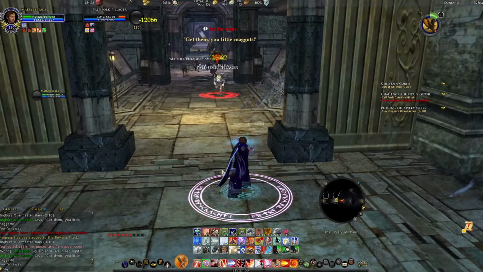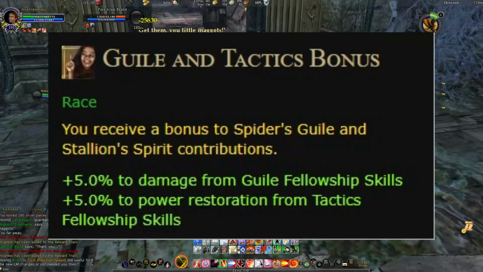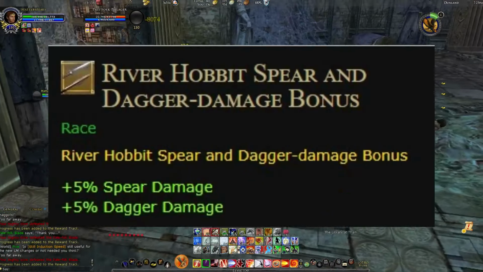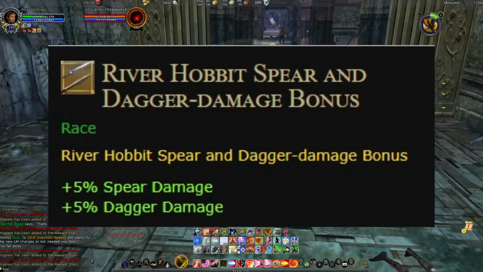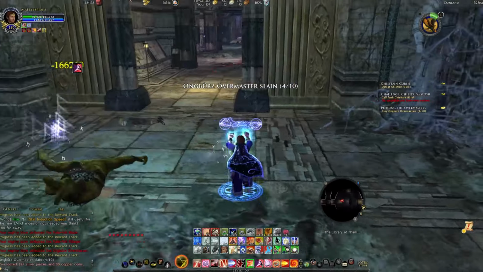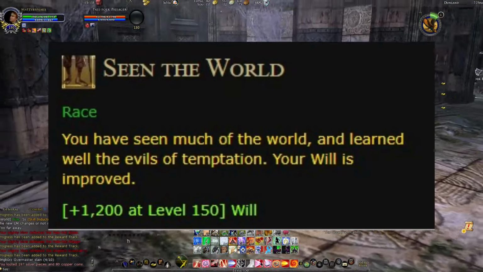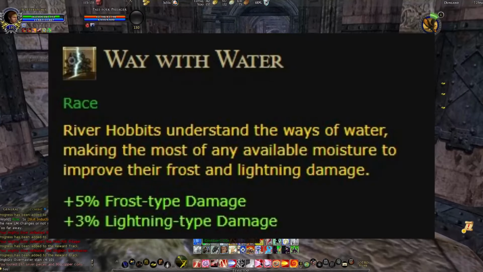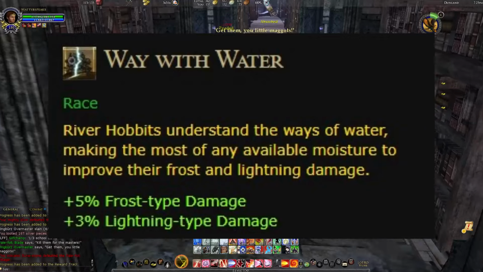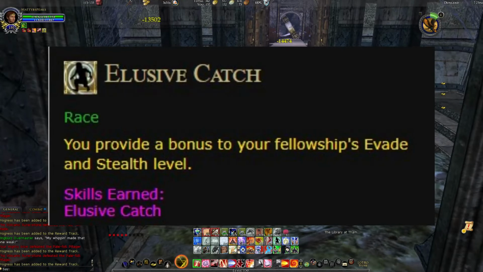Completing Enmity of the Wood Trolls grants Guile and Tactics bonus, which is a 5% boost to all yellow and blue Fellowship Maneuver skills, as well as River Hobbit Spear and Dagger damage bonus. Try saying that 5 times fast. Completing Enmity of the Orcs and Goblins grants Seen the World, which is a boost to will, Way with Water, which grants a 5% boost to frost and lightning type damage, and Elusive Catch, which basically ups your evade rating